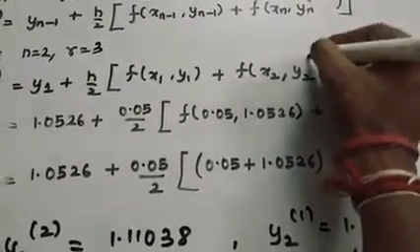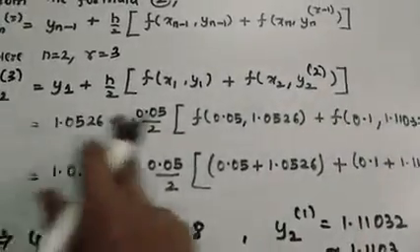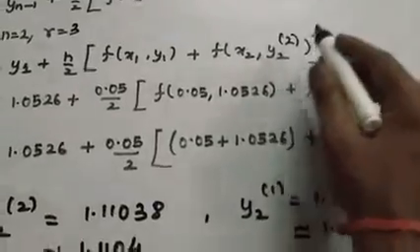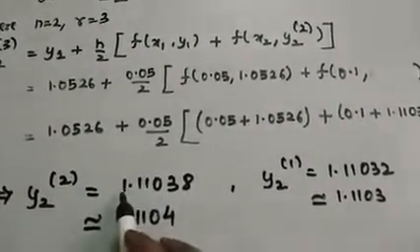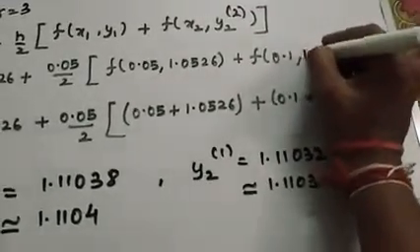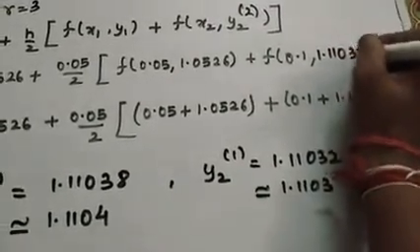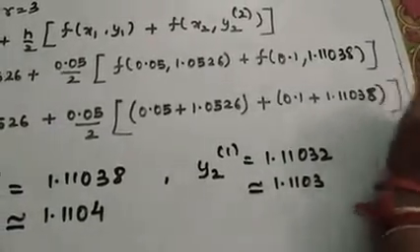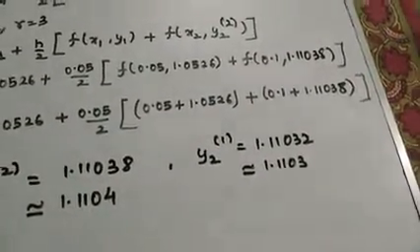It will be 2, 3 minus 1, 2. That means all the values will be the same, just here it will be changed. The y2 of 2 value that we get by calculation, not the approximation, the calculation value. That means 1.11038. That means here it will be 38, and after adding you will get